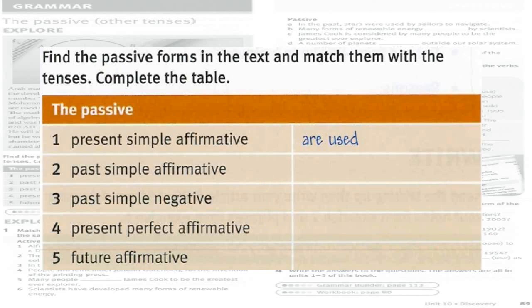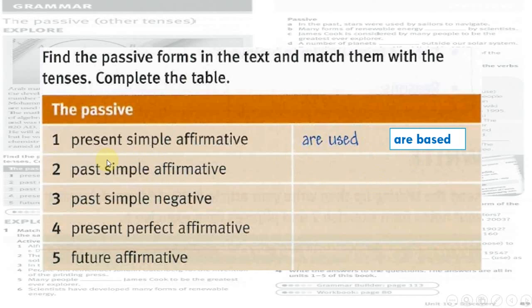Again, the passive forms are using the verb to be and the past participle of the verb. We need to remind ourselves that using am, is, are with the present simple and the past participle. The was and were with the past participle. And in the negative, of course, we are going to use not. In the present perfect, we are going to use been, okay? Has or have been plus verb 3. With the future, we will use will, be, and past participle. Will, we will add be and past participle.